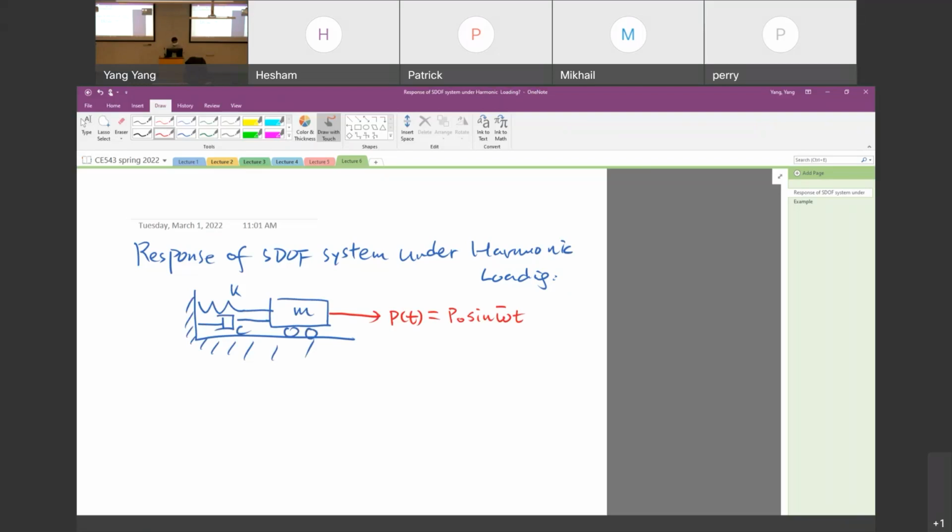So the response of the mass system, for example, the displacement of the mass, can be expressed in terms of the